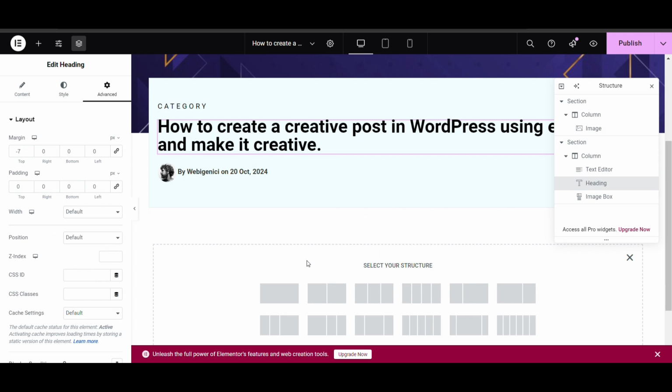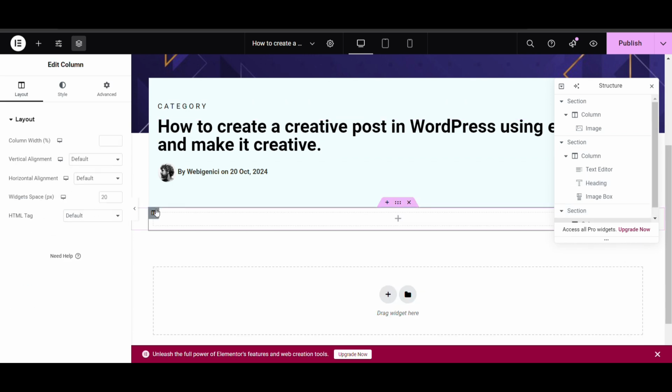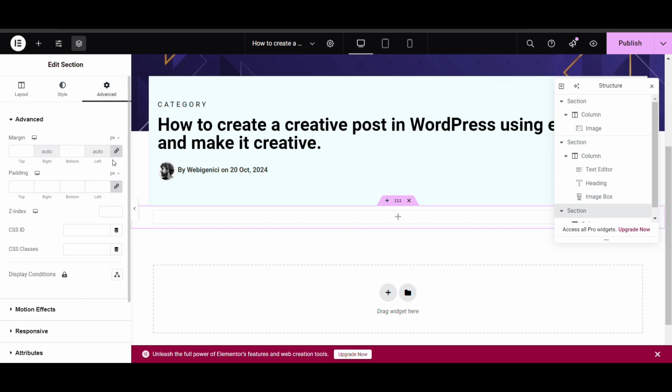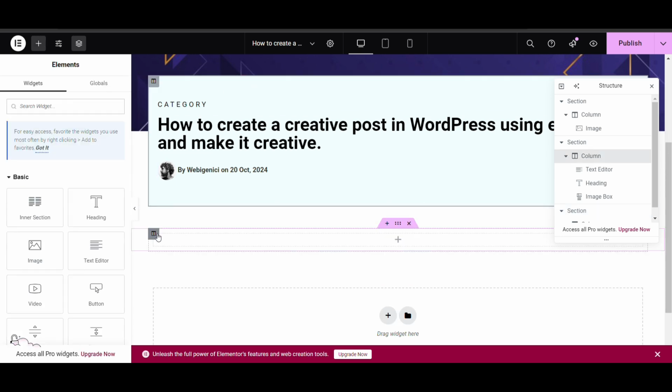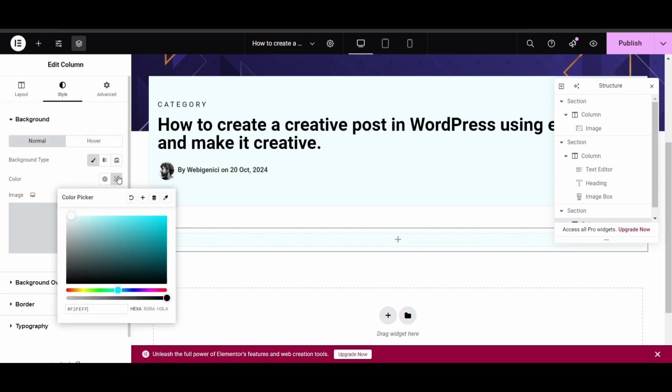Now what we need to do, we need to create a section. Here boxed, and I will add a top margin. I will give a background, because we have added a background to the column.